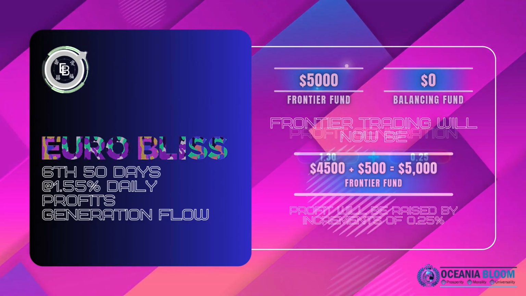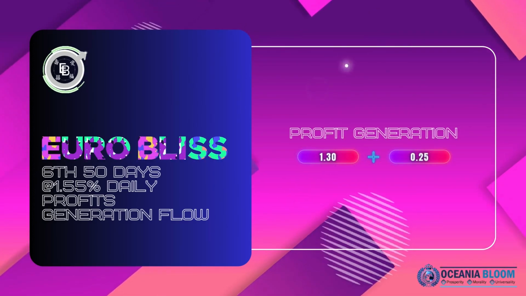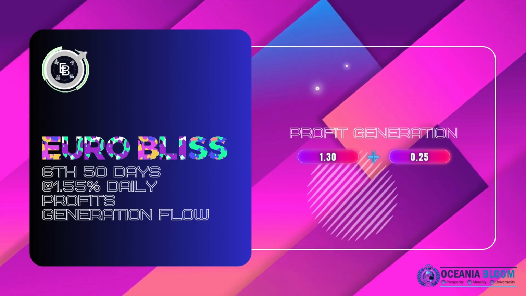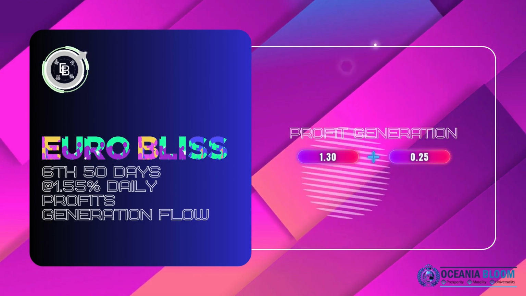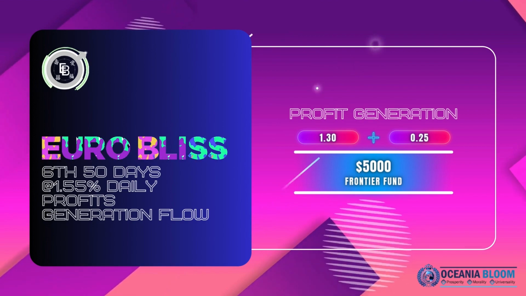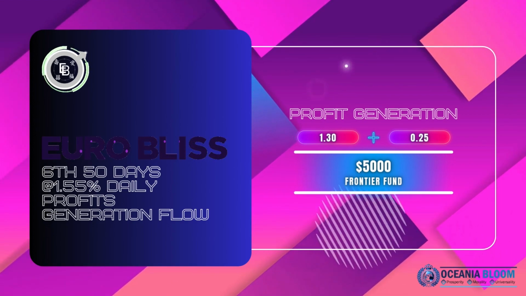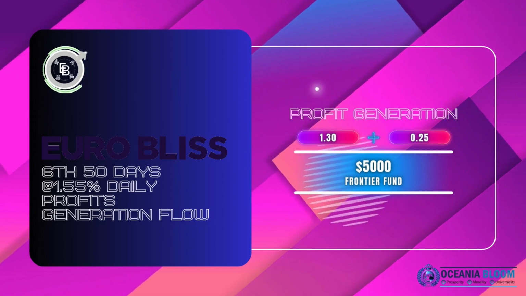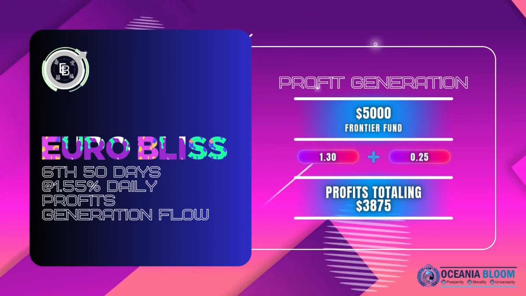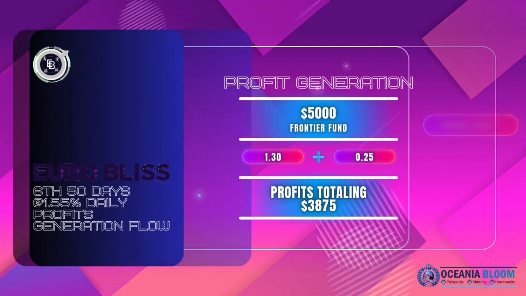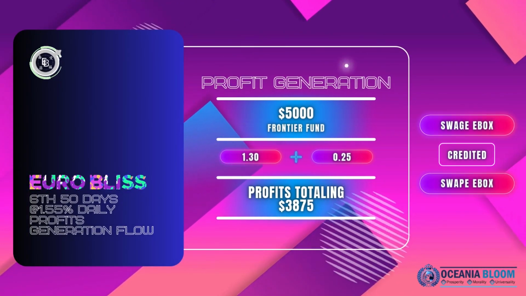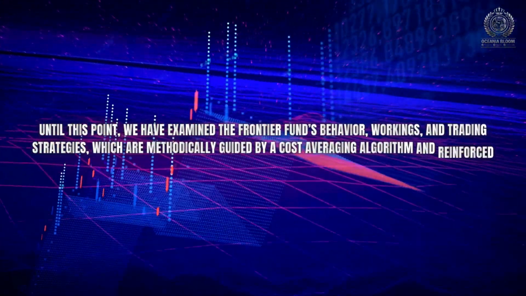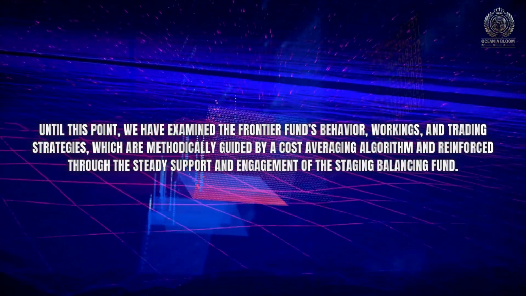Now again, following the same patterns, profit generation as 130 plus 25 equals 155% daily for sixth 50 days. Now furthermore, your $5,000 of Frontier funds starts profit generation as 155% daily for sixth 50 days. The generated profits $3,875 will be credited or saved into your Swag eBox accounts and Swap eBox accounts as per index proposed. Until this point, we have examined the Frontier fund's behavior, working, and trading strategies, which are methodically guided